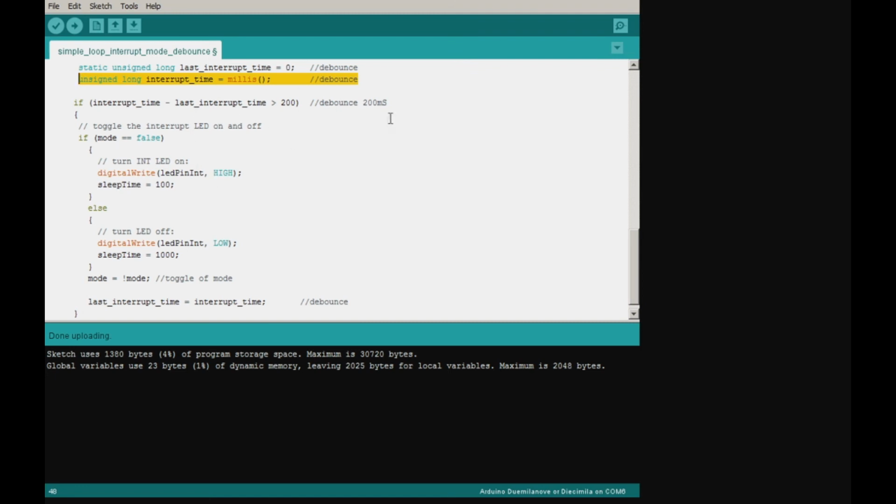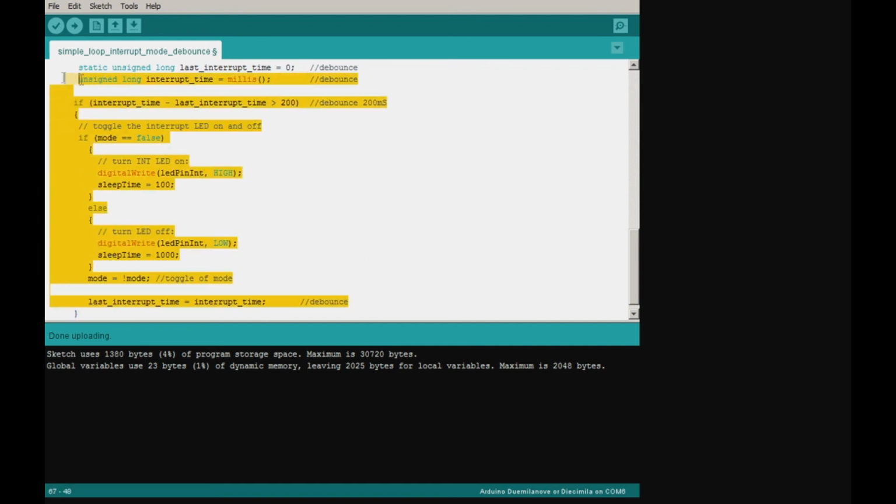There are some limitations with this. Fast button presses will be ignored. There's also a problem where if you hold the button too long, then it'll actually go over 200, and then when you come to release the button, it'll probably think it's a contact bounce situation. So you can't hold the button down too long with your finger and then release it and expect it to work. So your button presses have to be realistic within a certain amount of time, otherwise you start getting problems